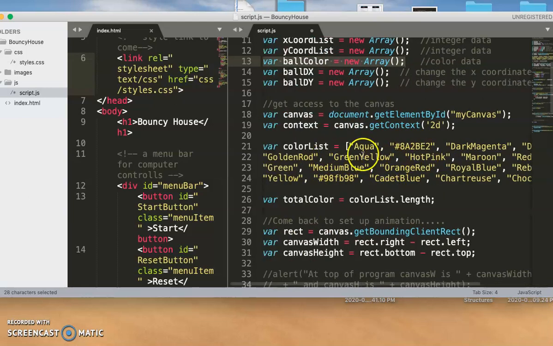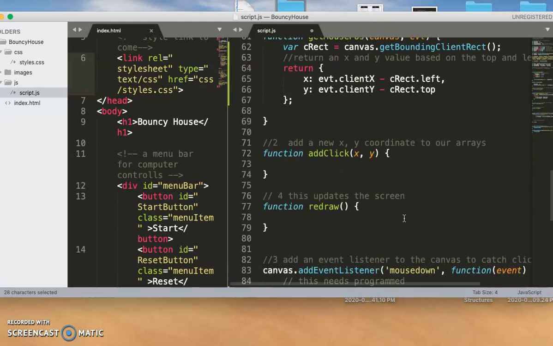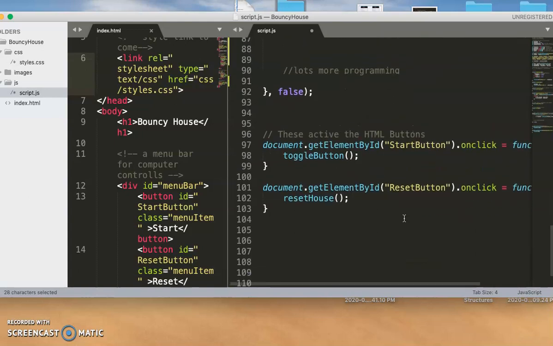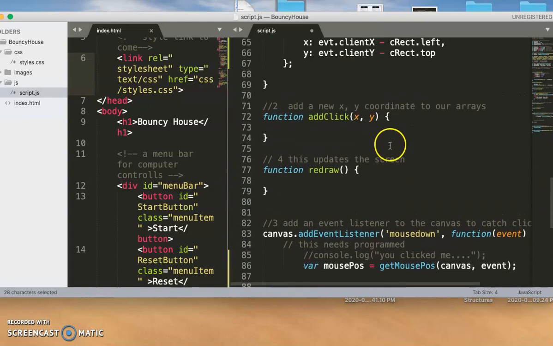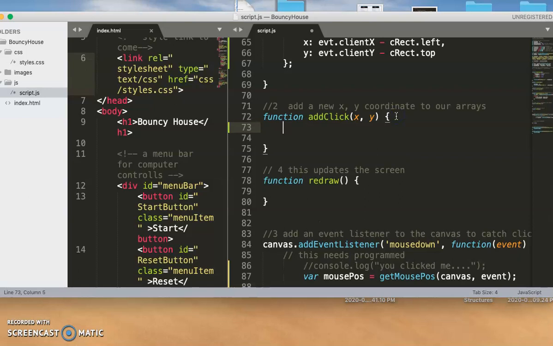But what I want to do is pick one that's on there and stuff like that. And then I want to pick some speed values too. So we're going to do that now with AddClick, and the way we would do this is